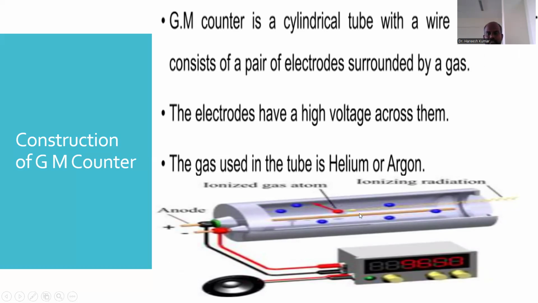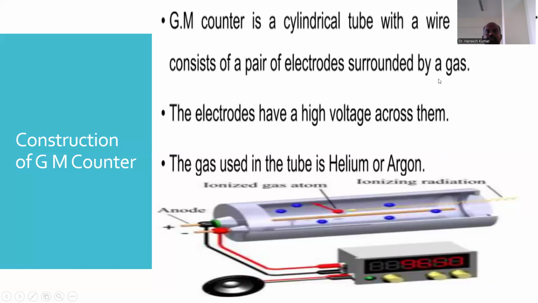Look here, the center wire acts as an anode, and the body of the cylindrical tube acts as a cathode. That means the GM counter contains electrodes, and these are connected to a high voltage source, and the GM counter also contains gaseous molecules like argon or neon,